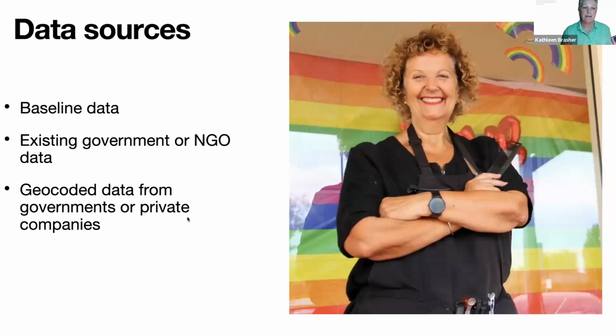So when you look at data for how to measure your indicator, going back to your baseline data, you may well have already identified data for that in your baseline data set. And you might also have access to publicly available data from your government, either provincial, state, or national governments. And there's often very good NGO or government help that can assist there. And if you're fortunate, you might also have access to geocoded data that can be much more tailored to your communities.